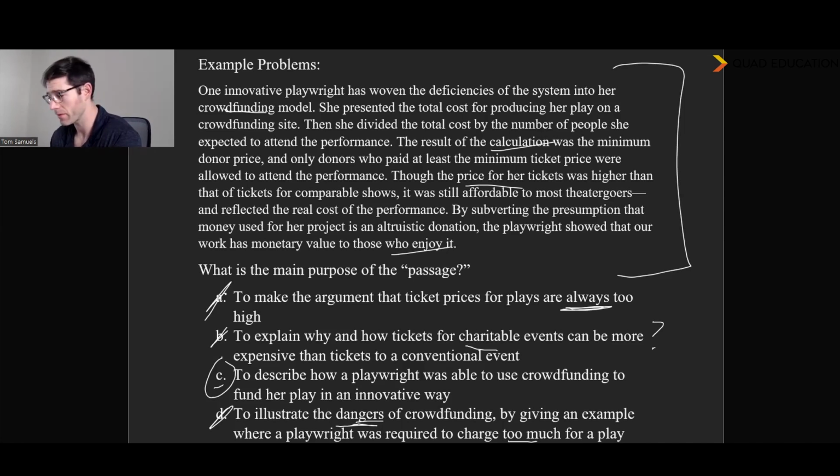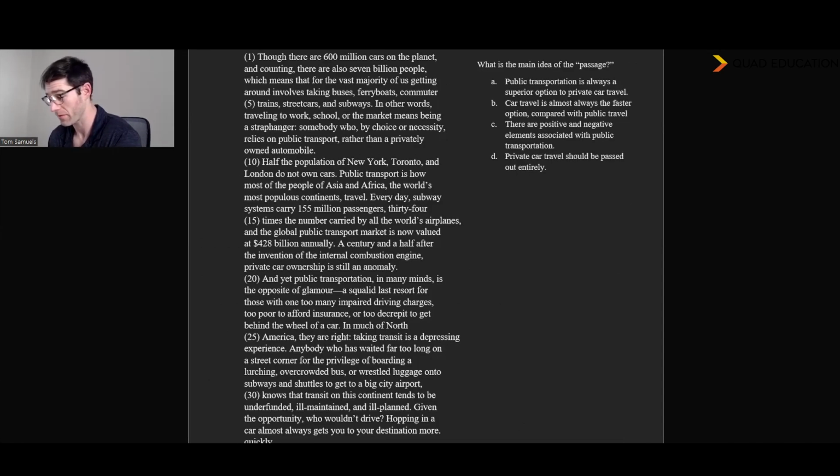Okay, let's move on to the next one. Okay, almost a real passage for this one. That's 35 lines or so. I'm not going to read through all of this just because it's a lot of words. You don't need to listen to me read for that long. So let's just talk about what it's about here.